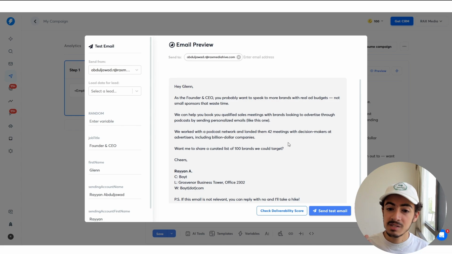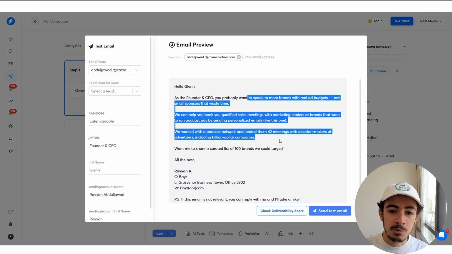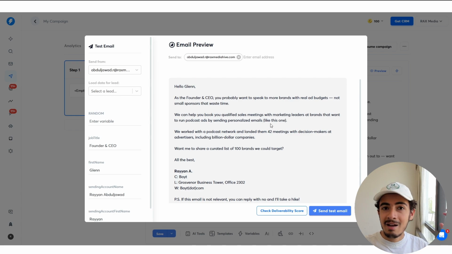Notice how human this actually looks when you do everything right. A lot of the time, you don't even have to heavily personalize the email. Just think about it. How many of these things are actually personalized? The first name and the job title. That's it. But still, this email looks personalized. Why? Because we did the heavy work from the beginning, building the list of people that are actually relevant to reach out to, making sure that we're qualifying the lead using pre-contact qualification techniques, making sure that the person receiving the email is actually the person who should be receiving our emails. So the right job title.